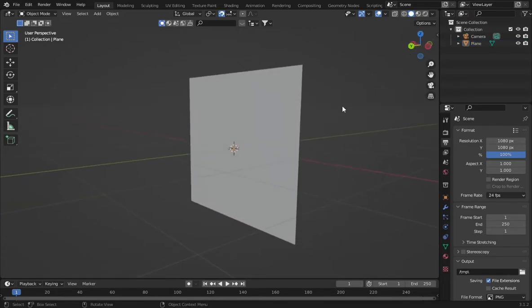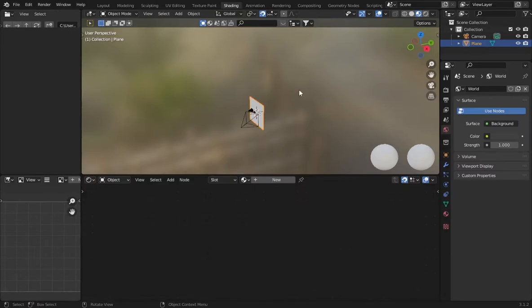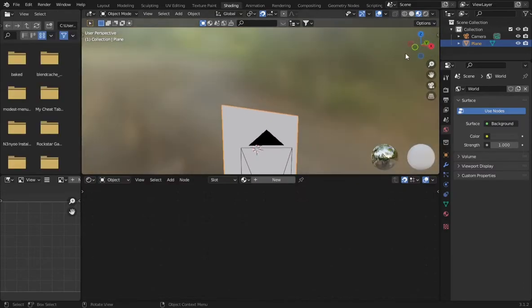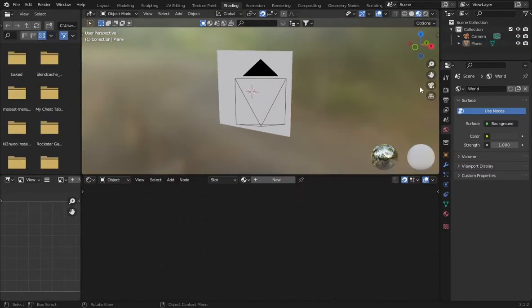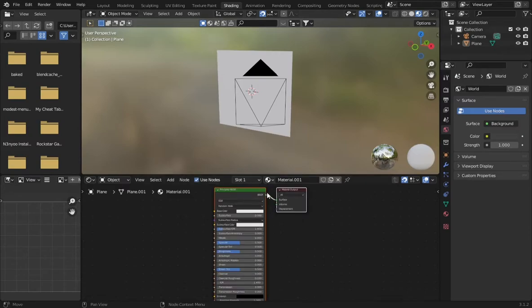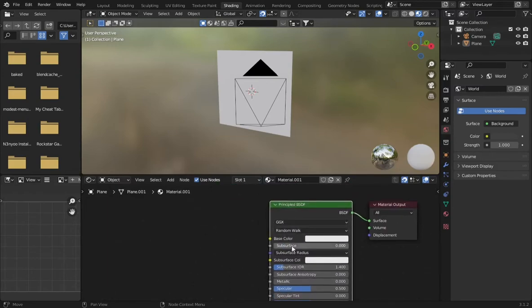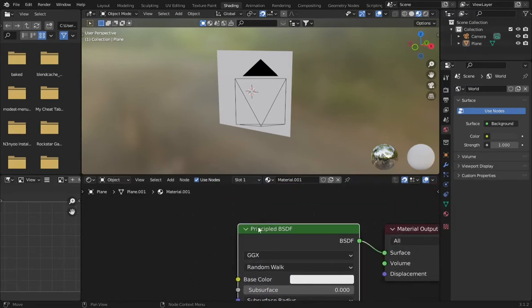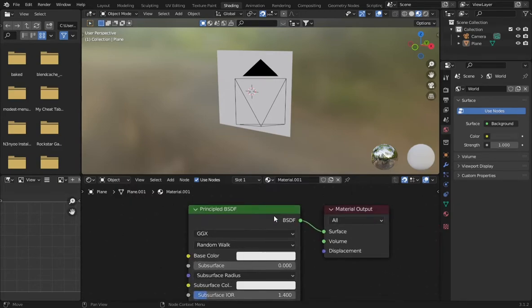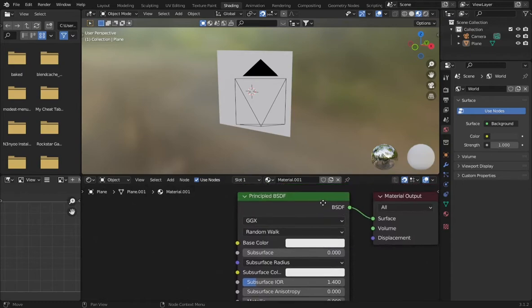So to get the brick wall, first you gotta go to shading. It's up here. It'll take a second. Once you're in shading, you gotta click new. Now once you click new, you'll see this thing called principled BSDF. The principled BSDF is good for all shading